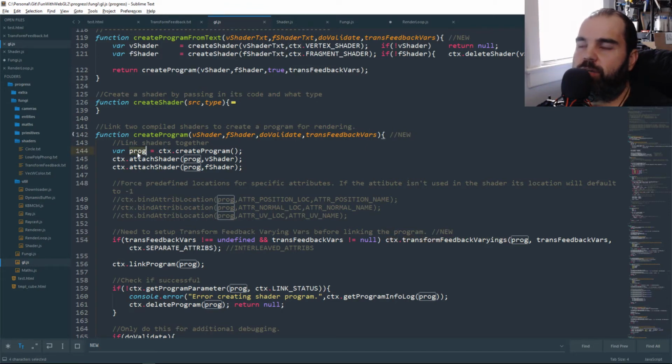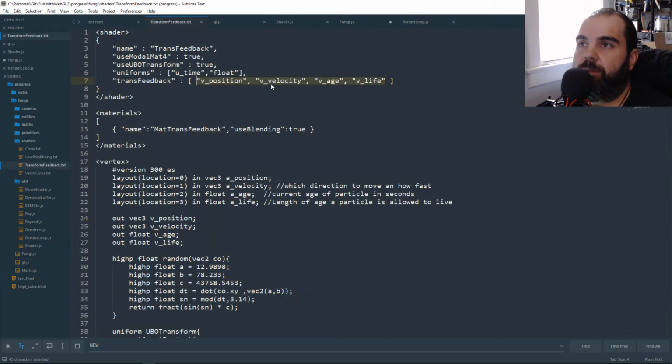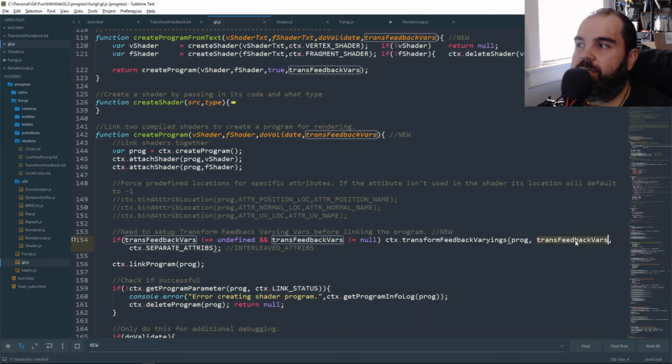We created our shader program. So we have our program ID, and we give it the array that we're passing in from here. So we're passing that array into here. It's a string array. And we're going to tell it that it's separate attributes. Now, there's also something called interleaved